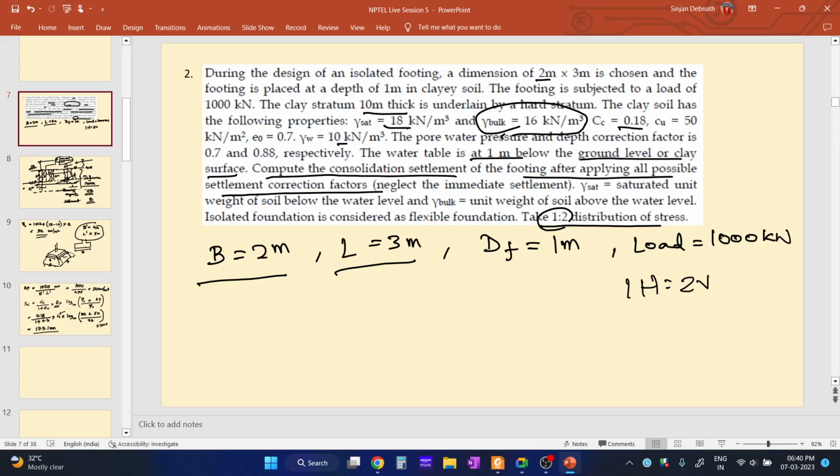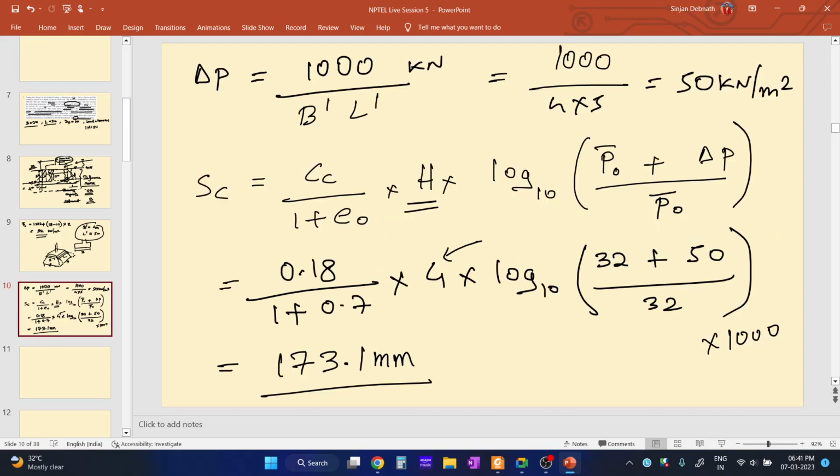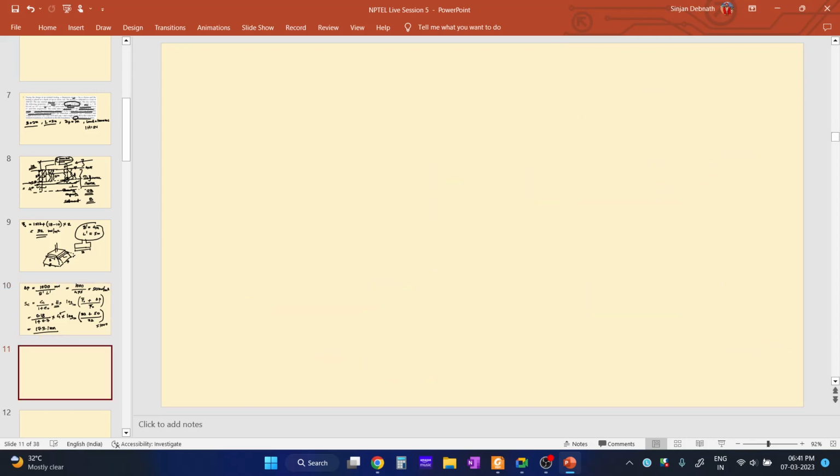Okay, but here another thing is given. Pore water pressure and depth correction factor is 0.7 and 0.88 respectively. So we need to incorporate these correction factors also. So the settlement here is 173.1. We need to just multiply the correction factors with this settlement. Okay. So the final settlement, or the corrected consolidation settlement, will be